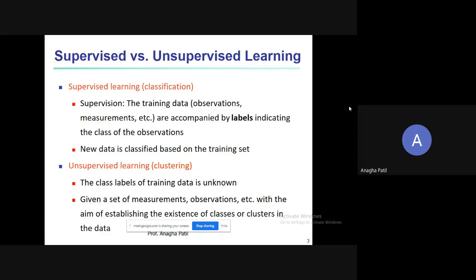Whereas in case of unsupervised learning, the example or algorithm given is clustering. Let's say for an example, nowadays as we are all in a pandemic situation, there is a COVID patient found in a particular building, let's say in a particular wing.